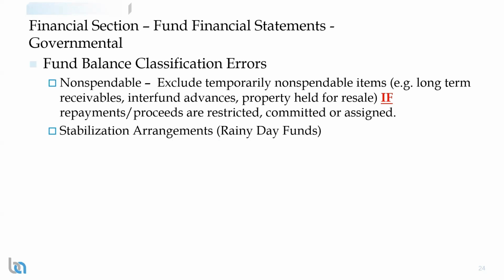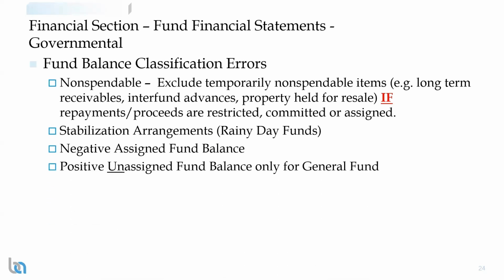I think with regards to stabilization arrangements, not a lot of disclosure there that the GFOA found that are required. You can't have negative assigned fund balance. So if you have a fund that doesn't have positive fund balance, it's in a deficit, you can't present this negative amount as assigned, as there is really nothing to assign. Assigned means that you have unassigned and you're assigning it to something. Okay.